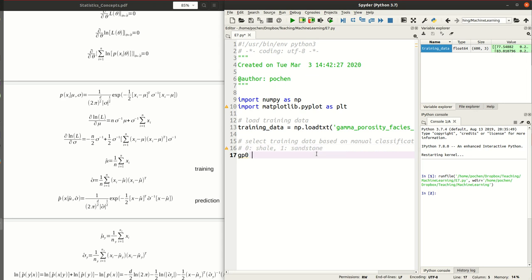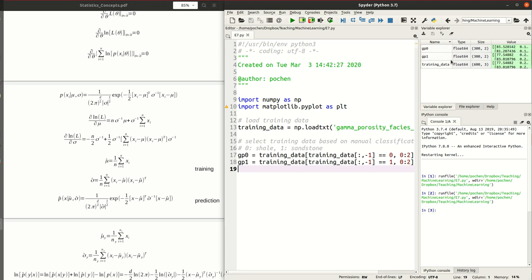So GP0 is going to equal training data where the last column, I'm going to use -1, equals 0, and then I'm going to take the first 2 columns, that's gamma and porosity. And GP1 is going to equal training data where the last column equals 1, sandstone, and then I take the first two columns. So if I run that,